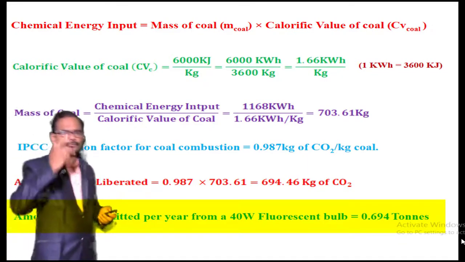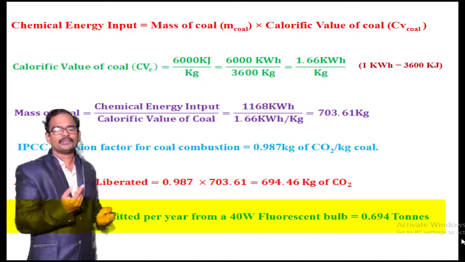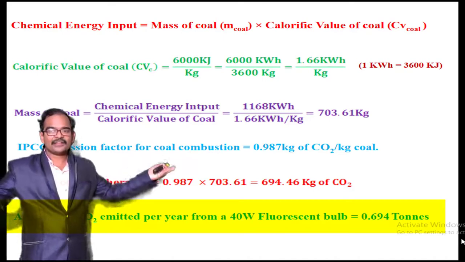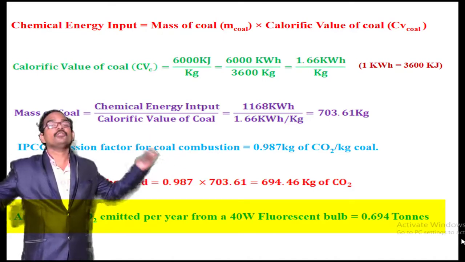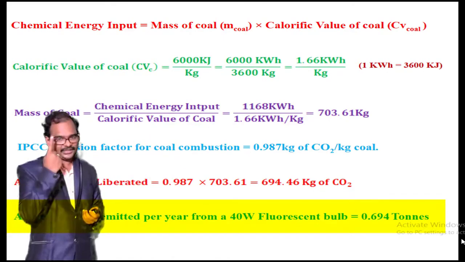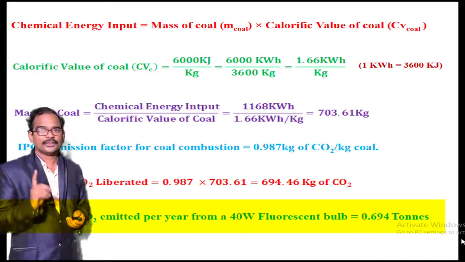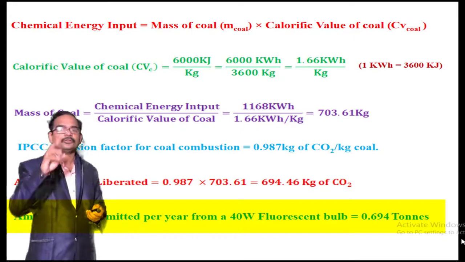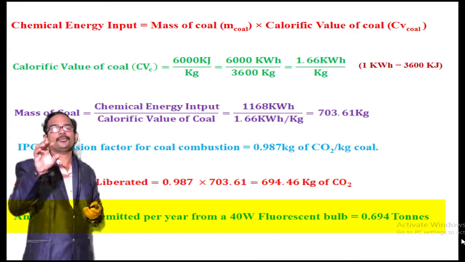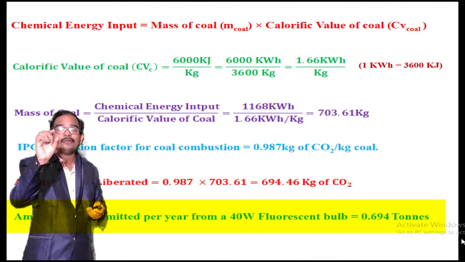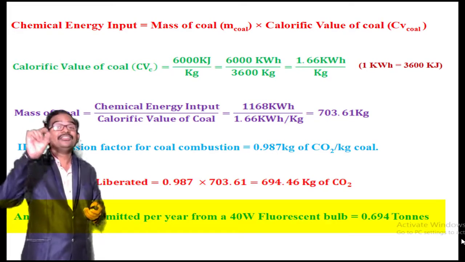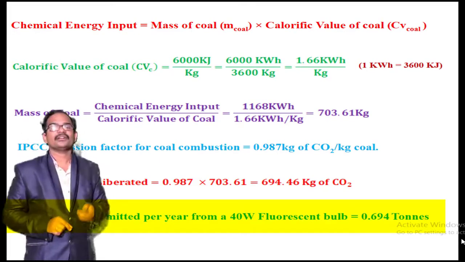Now think of the number of tube lights we are using in this campus, in Vignan University, or in your home, or in the city as a whole, or in a country as a whole, or in the world as a whole. Now imagine the amount of CO2 we are liberating into the atmosphere. Got it? The numbers are important. If you do a problem as just a problem, you will get the answer. But if you understand the value of each and every parameter of a problem, you will feel the importance of energy conservation.